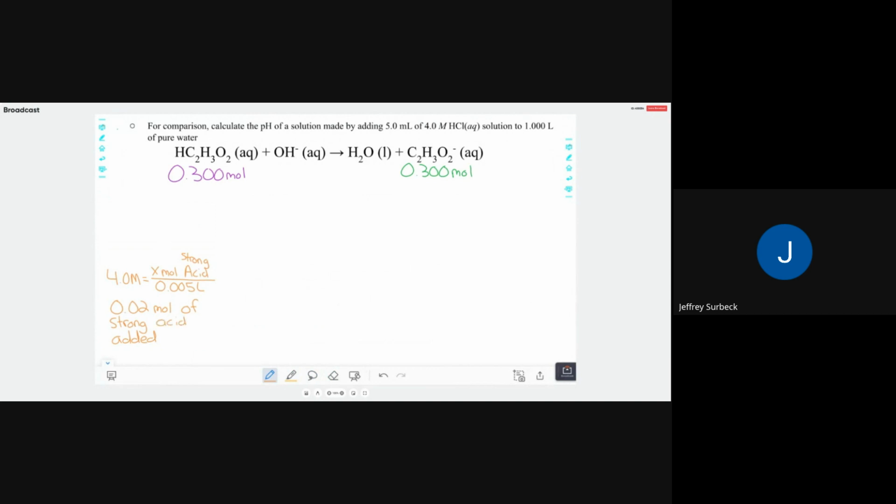You told me that with a strong base, it reacts with the acid. This time we have a strong acid, and it reacts with the base. So this time we need to subtract that 0.020 moles from our base. And so the base that remains would be 0.28 moles of base. And then, because we're adding acid, we need to add